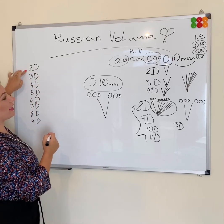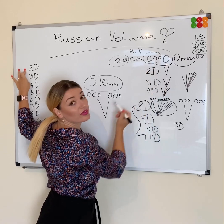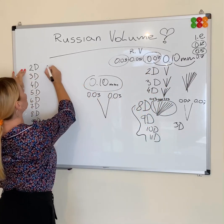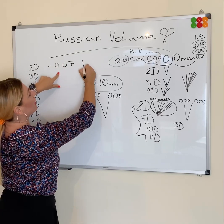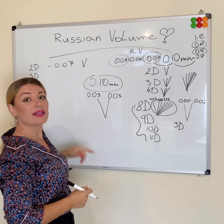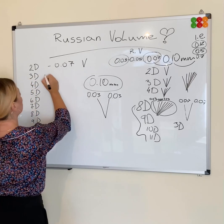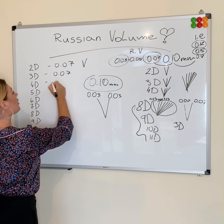So for 2D, like I mentioned already, we wanna do slightly thinner lashes than her natural eyelash. So we can do 0.07 in your 2D, okay? Now, if you wanna do 3D, 0.07 would be still nice and safe for that lash. Okay, now if you'd like a 4D,